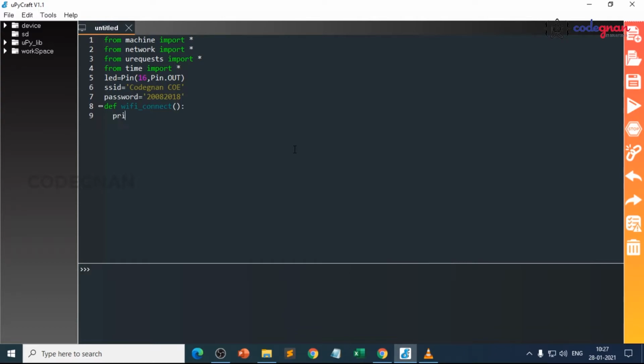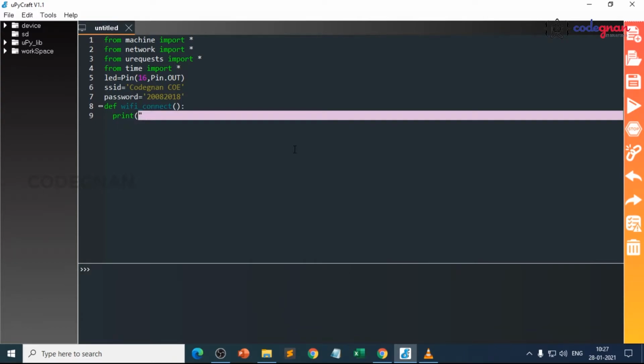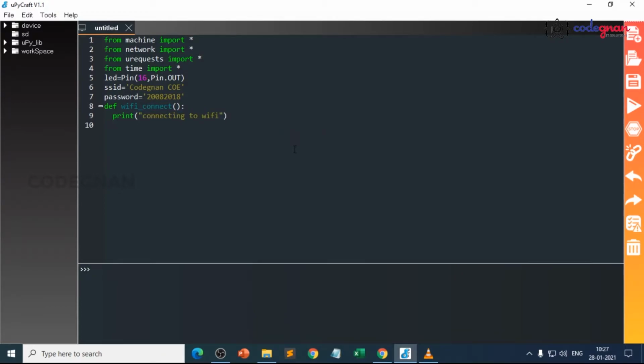Now start a print statement as connecting to Wi-Fi, and then create a variable for the local station here, which is the WAN, the wide area network. So station equals to WLAN, STA_IF.